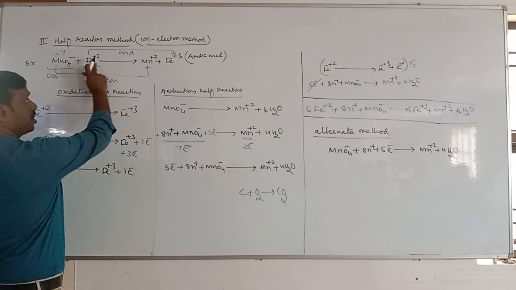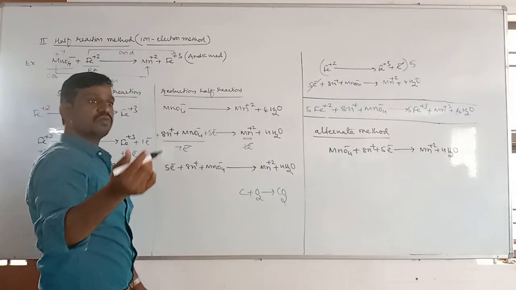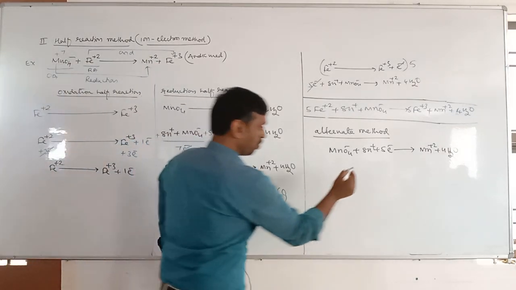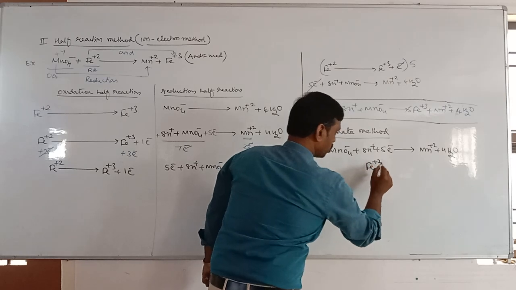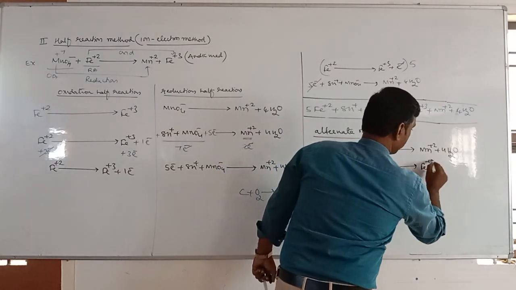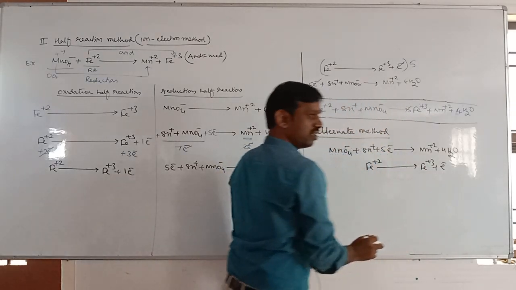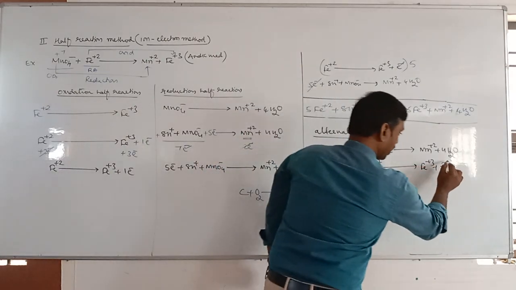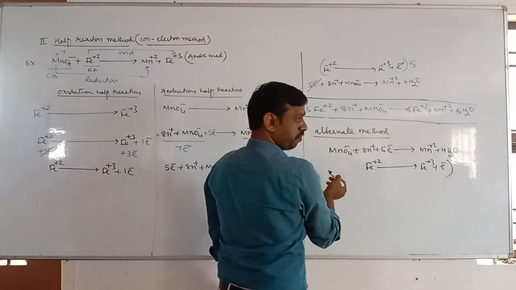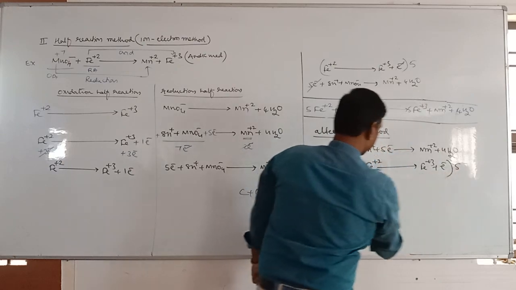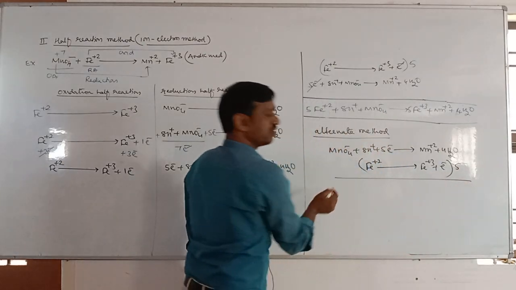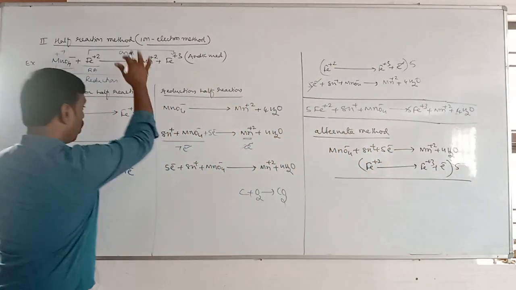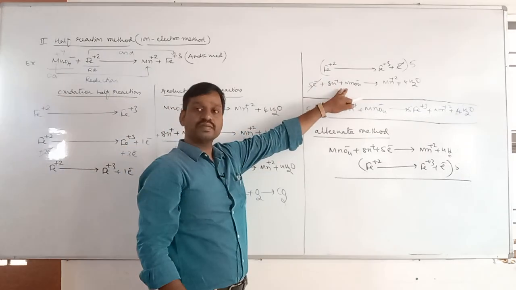Next, Fe plus 2 converts into Fe plus 3 in ferrous ammonium sulfate, Mohr's salt. So what is the equation? Fe plus 2 gets converted into Fe plus 3 plus 1 electron. Then here in the second equation 1 electron, in the first equation 5 electrons, so multiply the second equation with 5, you will get the same, or not? So instead of doing all these things, you will get this equation directly.